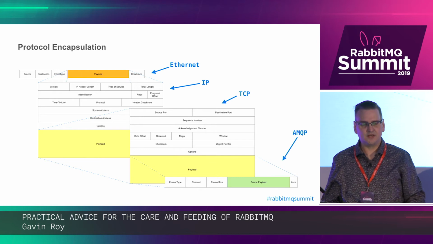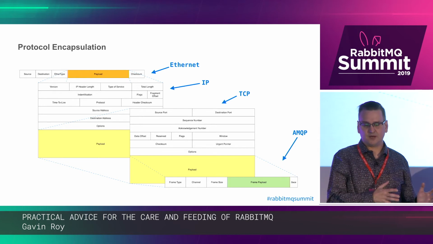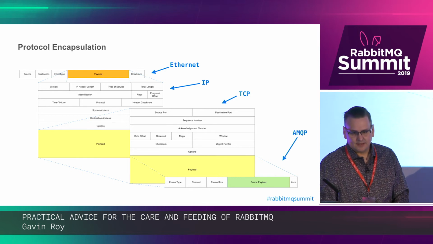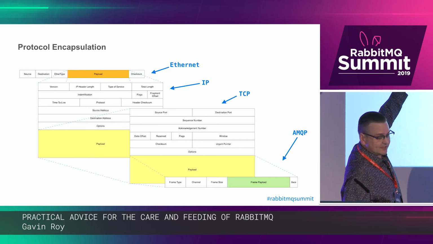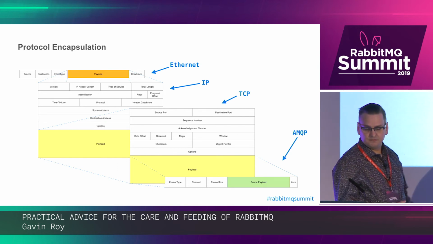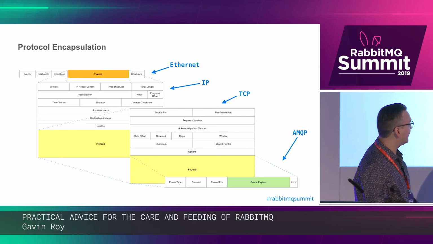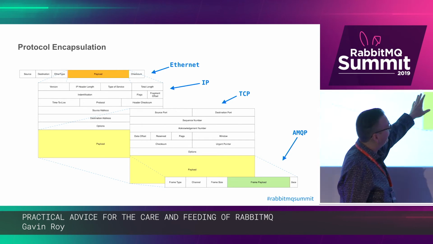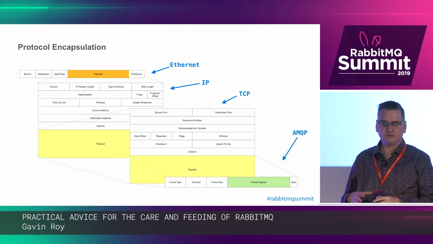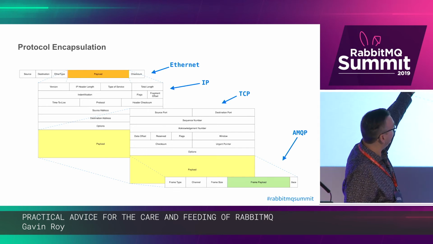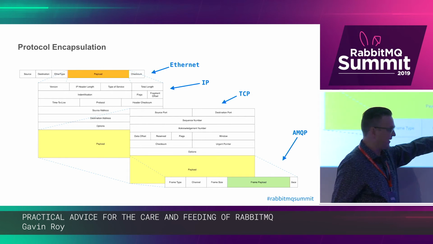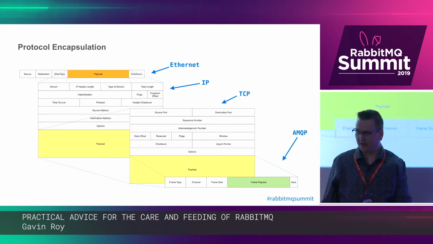Where is it going, and where is it coming from, and how big is it? How big is it is also one of those things in EtherType, that third part of the Ethernet frame. And then on top of that, we put TCP, and that gives us basically control over additional information. But we always see that we have these embedded payloads all the way down here to the AMQP frame, down there.